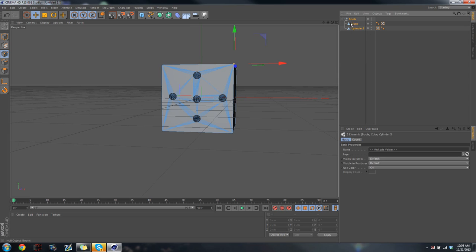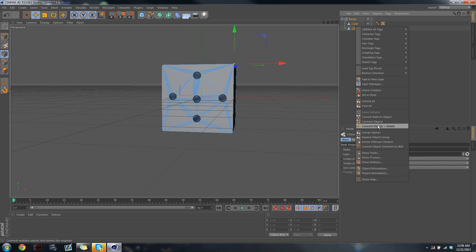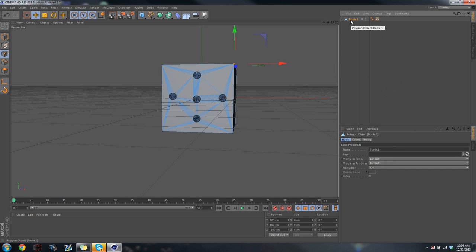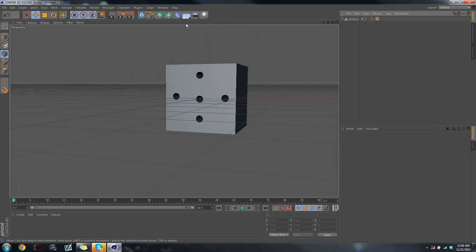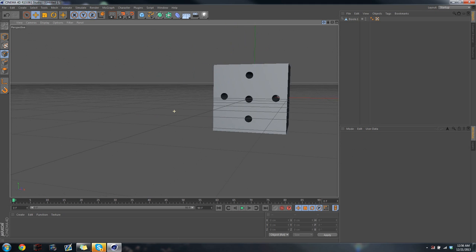Now you want to highlight the whole group right here that's under the Boolean, and right click and connect objects plus delete. Or press C. And actually, no, you can't press C, you have to press connect objects plus delete. And now the holes are in there, and we just have